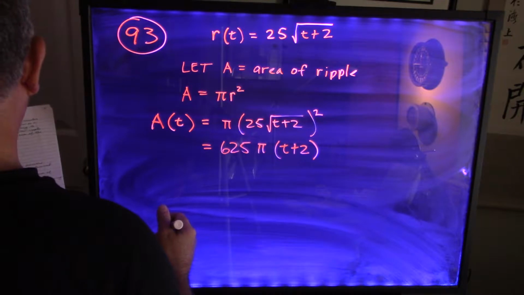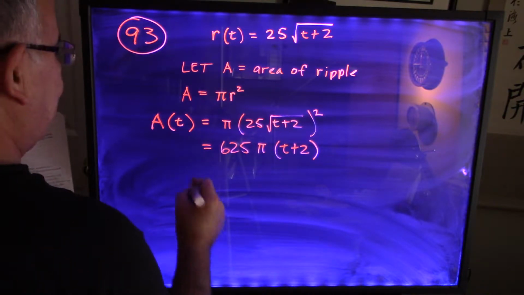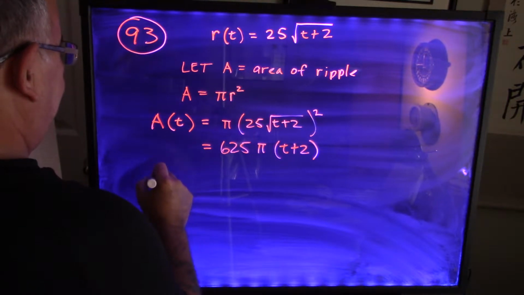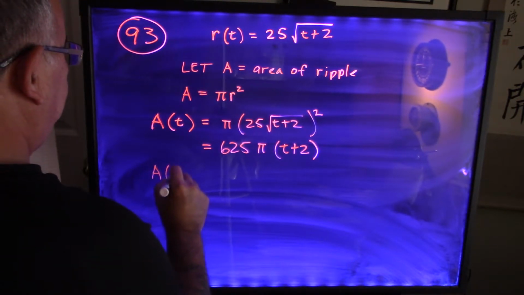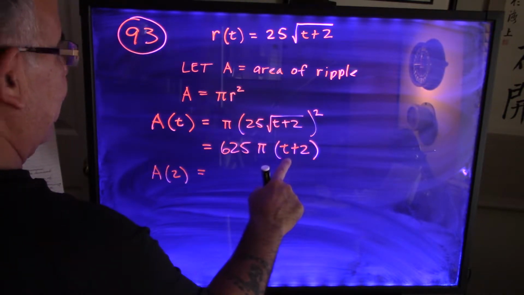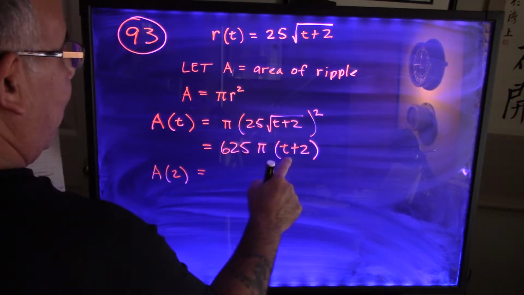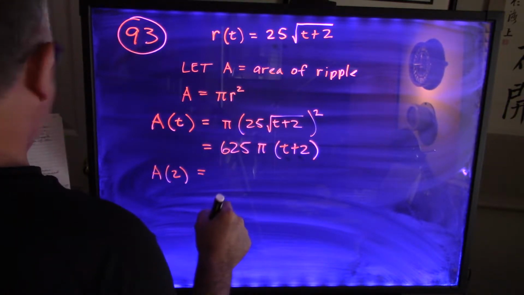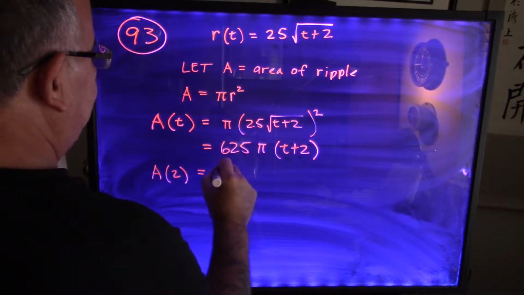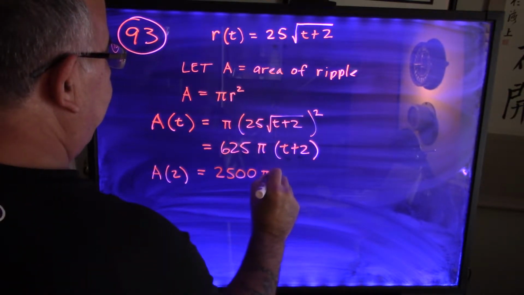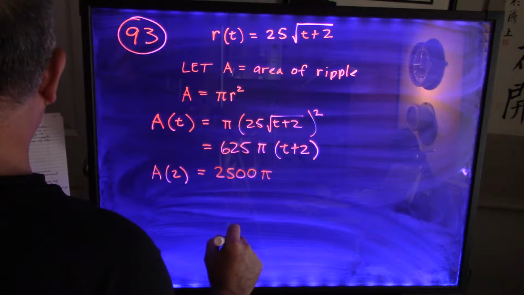So then it says, what's the area of the ripple at t equals 2? Apparently it's 2 minutes. Okay, so A of 2 is what we want. Plug in t equals 2 right there. So you get 4, 2 plus 2 is 4, times 625 is 2500, and pi. So 2500 pi, and the units here they gave as,